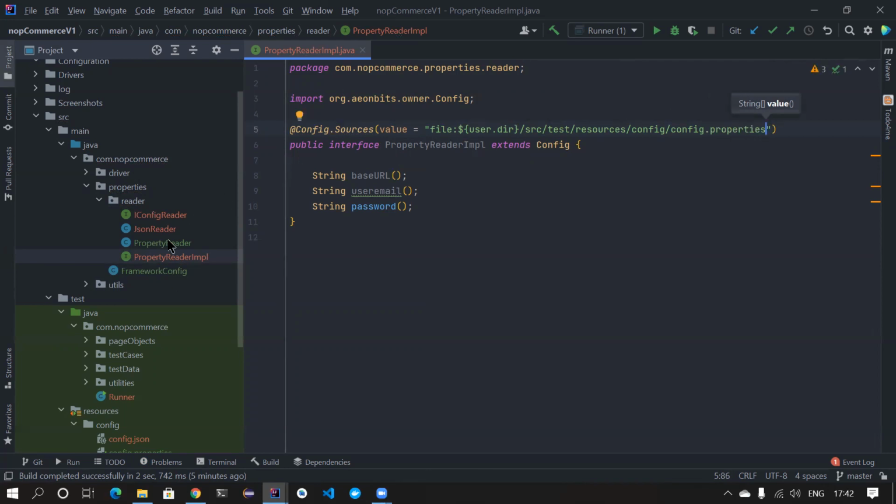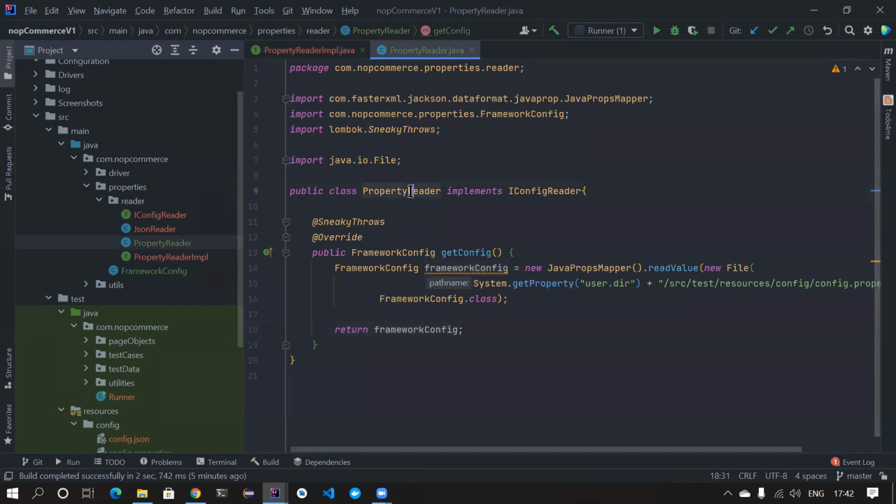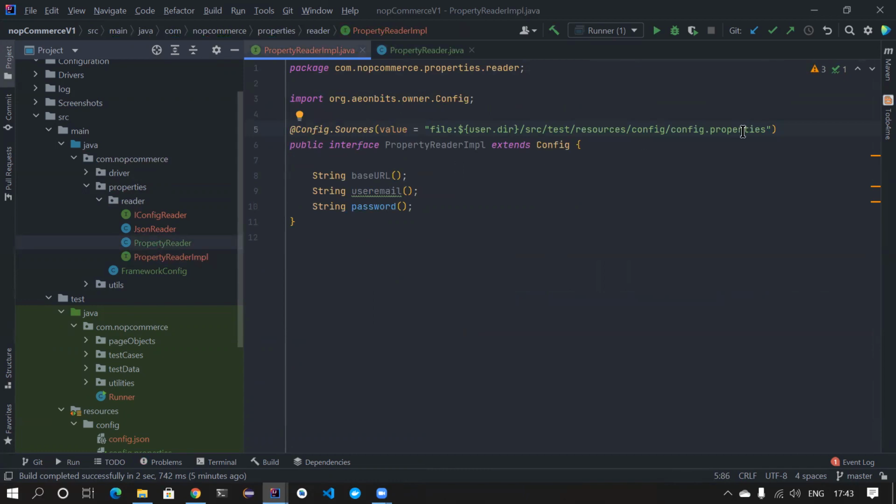Again guys, for the summary, instead of using this property reader, where I am using Java props mapper, I want to use owner. That's the only thing. If you're comfortable using this, please use this. The only reason we are using it is if you want to set some default value on missing values, this owner library has certain features. Where if you want to club a lot of property files together, then also you can use this. But that might not be applicable if you use Jackson Java props mapper class. So that's the only reason. Otherwise you can leave it at that particular stage. Now this is fine.